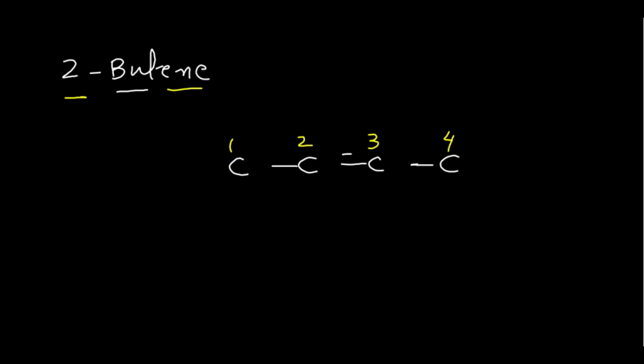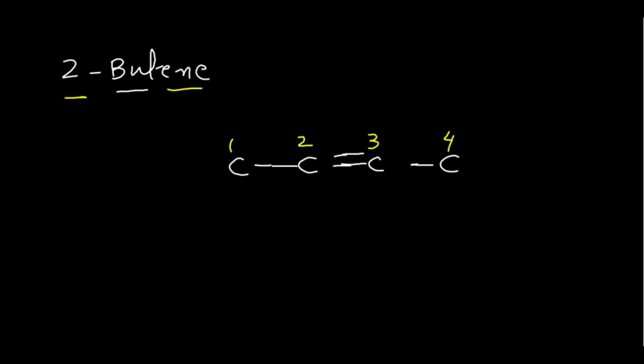Students, मैं आपको पहले भी बता चुकी हूँ. We will just mention the position of the first carbon which makes the bond. ठीक है ना? So the double bond is present between the second and third carbon. So here we make the double bond. Here we make the double bond between the second and third carbon. Right, students? Now this is the skeleton.